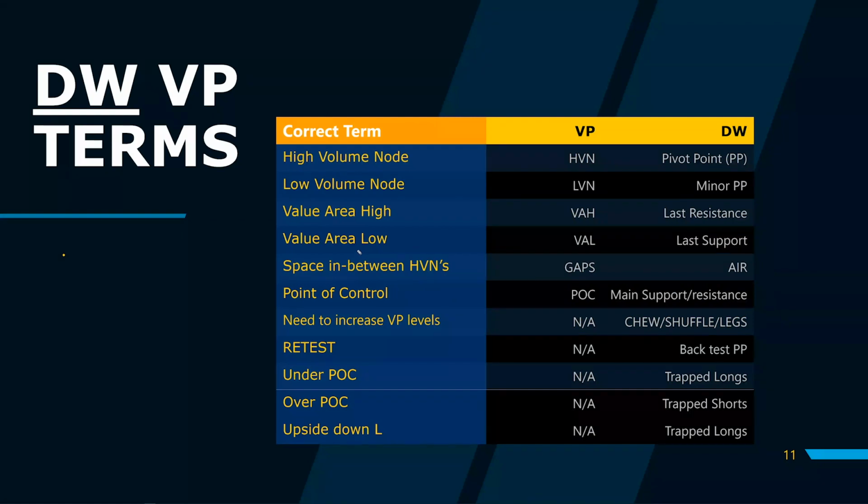Now, the gaps here, I call it air. There's just air. There's no buyers and sellers. Point of control, what I call this is your main support and your main resistance. So this is your main pivot point. You get over this, and you'll see it. You'll see it on charts, like,